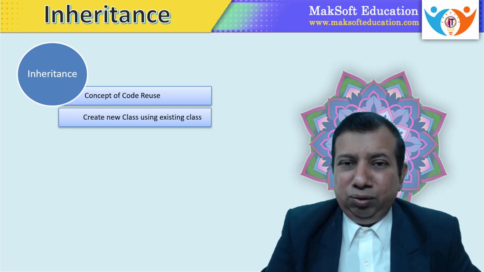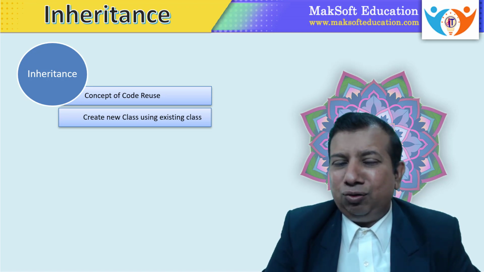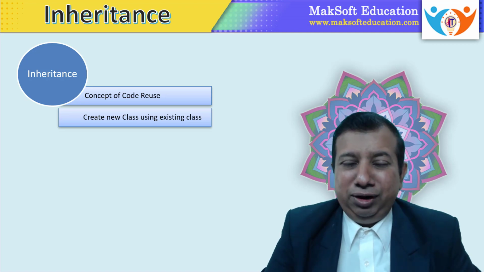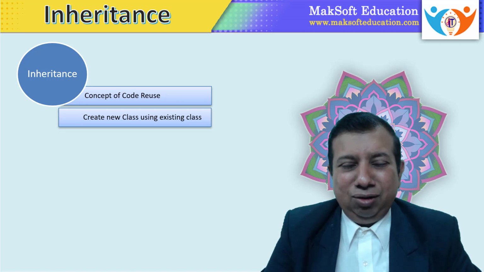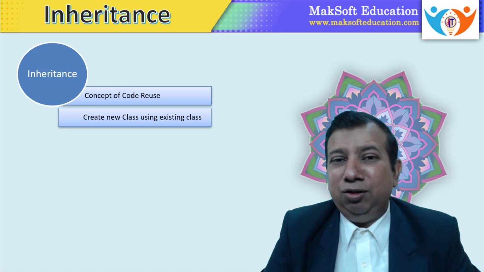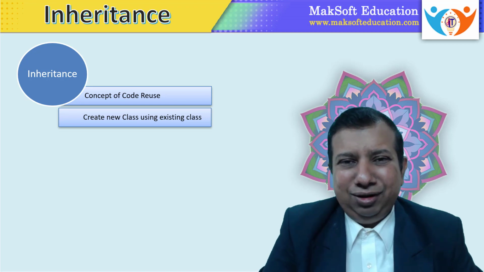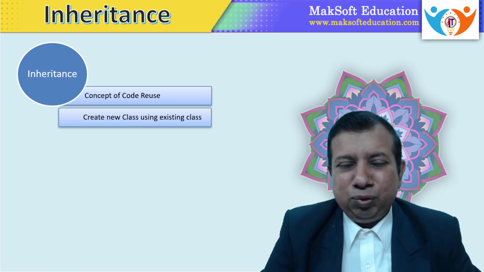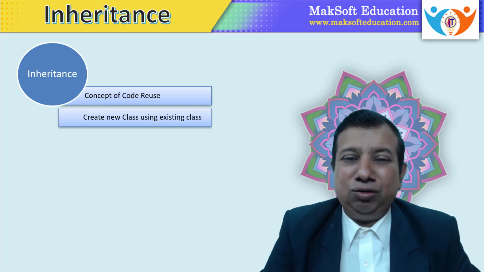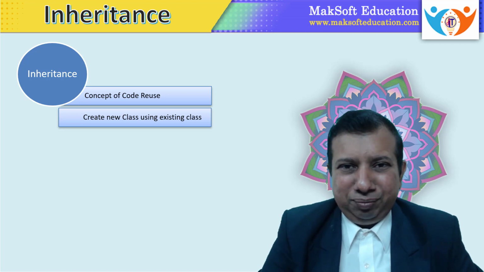And that's why, when we are developing and implementing a class, after creating some objects, we need some changes in the class. This is a life cycle. We have studied the software engineering life cycle, and we have seen that every time we create new software, after some time new requirements arise and we have to develop a new version of the software. In the same way, when we are using a class, after creating some objects, after some time we need some more features or functionalities in that object,